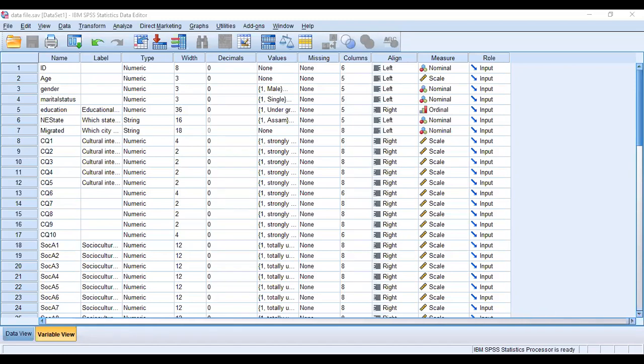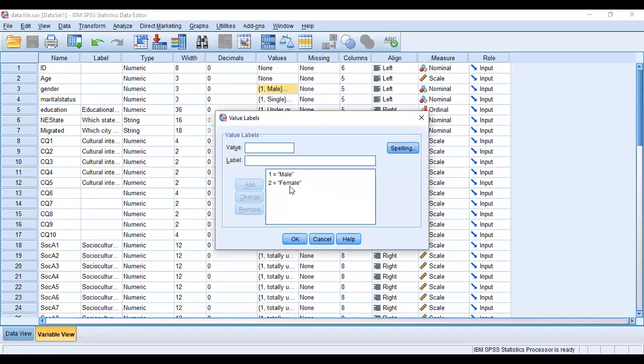So this is my data editor, right? This is my data editor, and this is the variable view. You can see whatever tab is in yellow color is the tab which you are currently working on, right? So I have an ID here because in psychological research, we do not really take the names of the people, right? So I'll have a variable called ID. So these are all my variables: ID, age, gender, marital status. You can see for age, the values are none. This is the values for gender, right? These are the 2 values for gender.